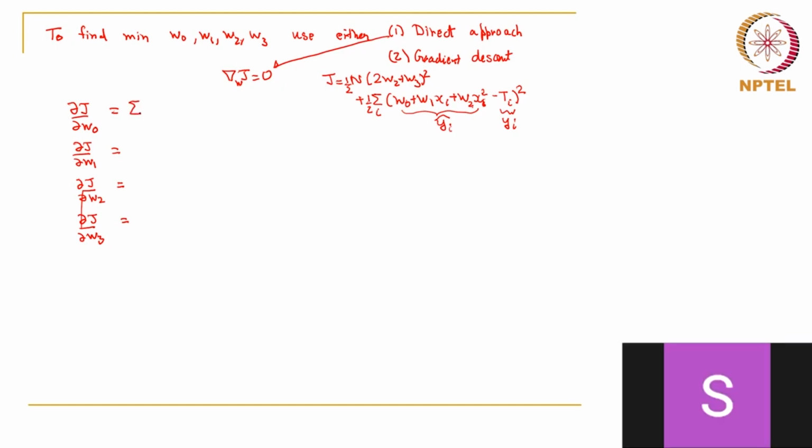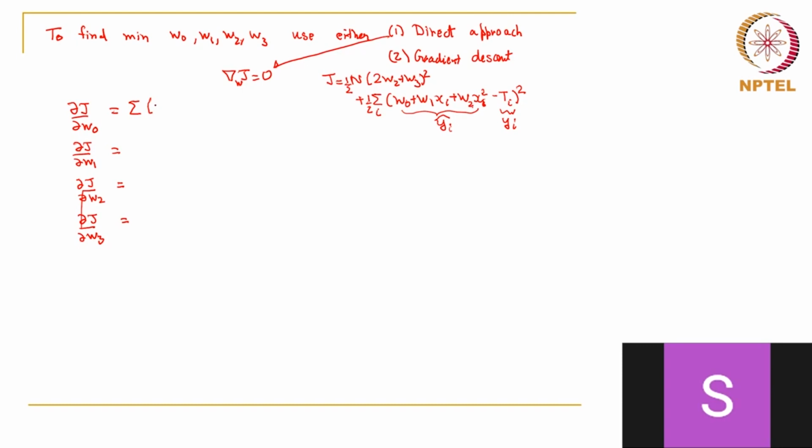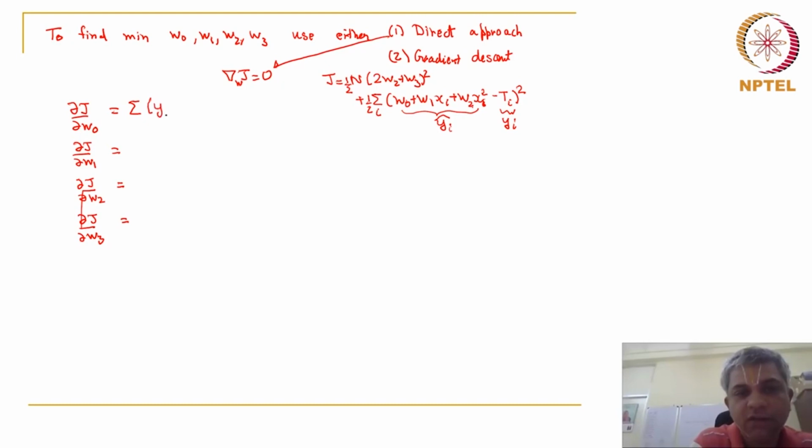Summation of the second term, w0 plus w1 xi. Yeah, so another way of putting it is, we had done this before. Ujjal, you were going to say something? Yes, sir, I was going to say the same thing. Yeah, so this is y hat i minus yi, correct? Especially if I put the half. So the square cancels. You simply get w0 plus w1 xi plus w2 xi square minus ti, which is y hat i minus yi. This becomes, by the same logic,